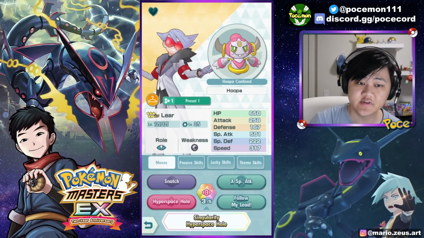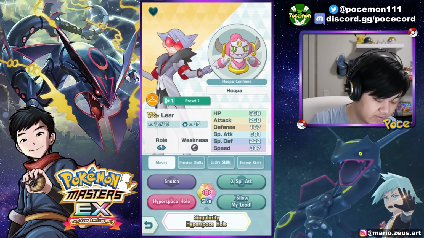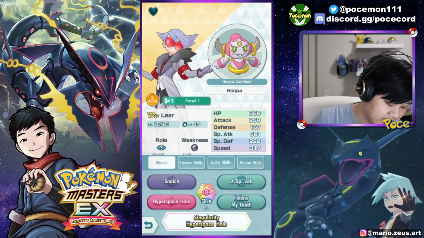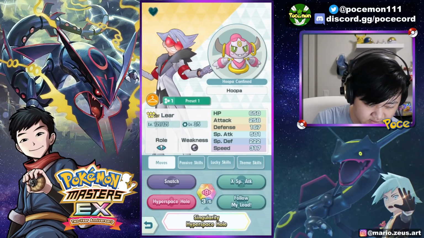So have good move gauge management. Make sure you're able to queue up 3 moves every single turn with your team, so you could get your sync move every 3 turns instead of every 9 turns. So you're getting your sync buff 3 times earlier, which is very, very helpful and good. So anyways, now let's talk about